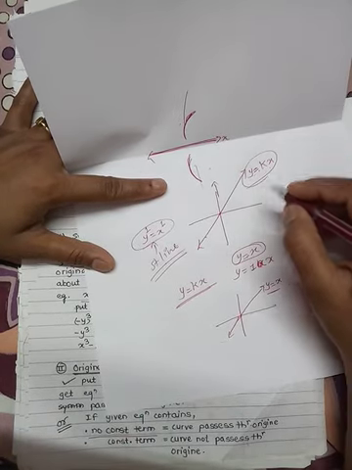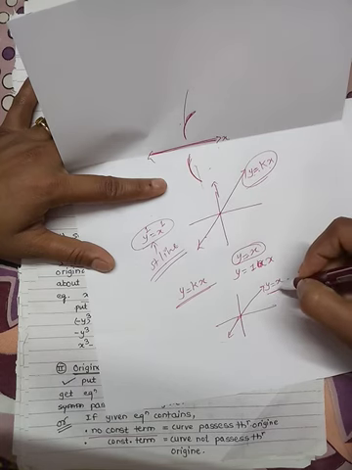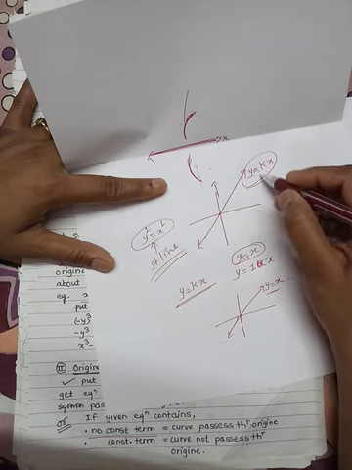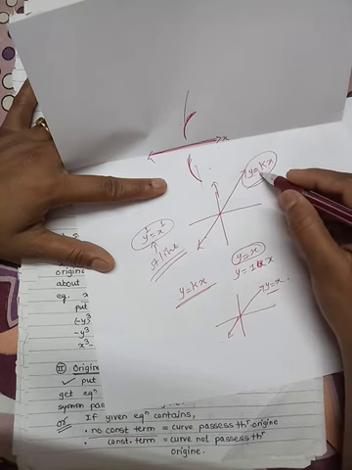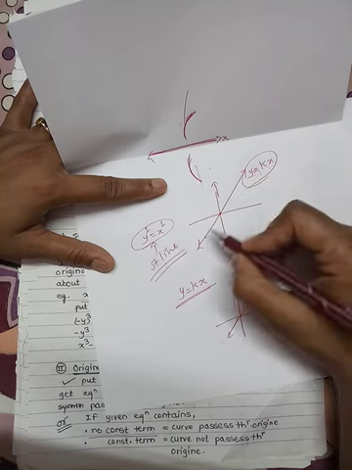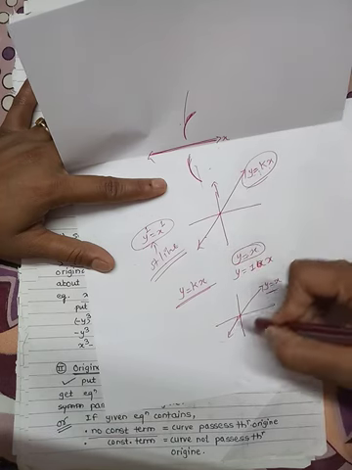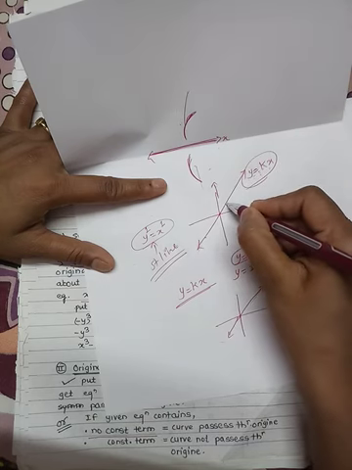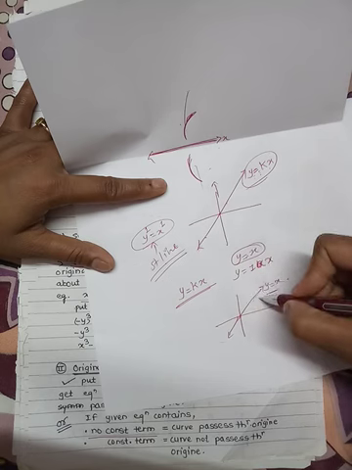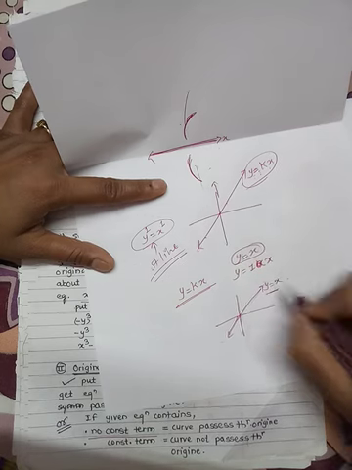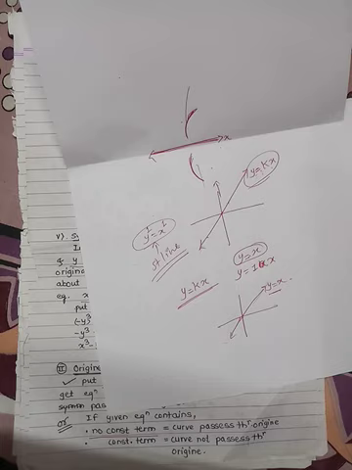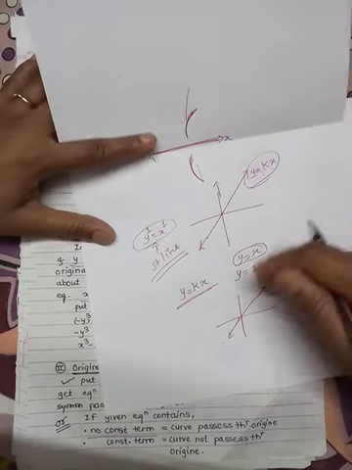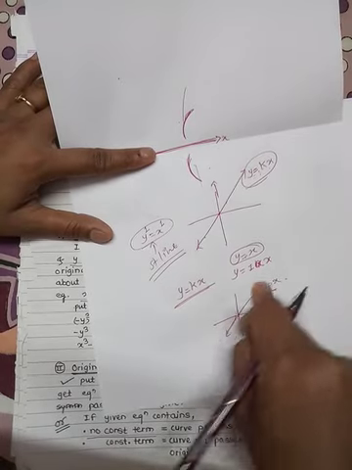So whatever the nature of the given equation, we have to compare that given equation with the general equation, and if that equation is matched with the general equation, then the nature of that straight line is same as for the particular equation. So y is equal to kx line is this. Same line is for this equation also, that is y is equal to x. So y is equal to x, this line is same as y is equal to kx because k is equal to 1. Hence y is equal to x, this is your line.